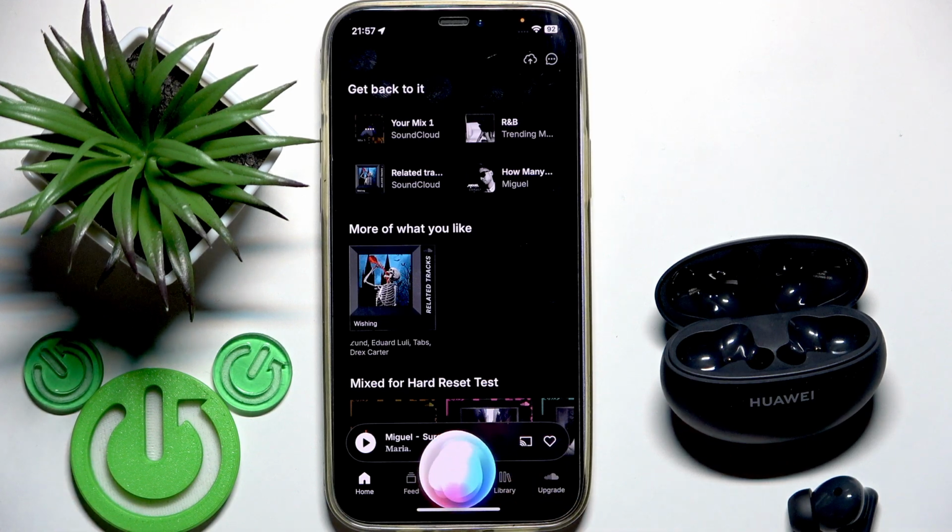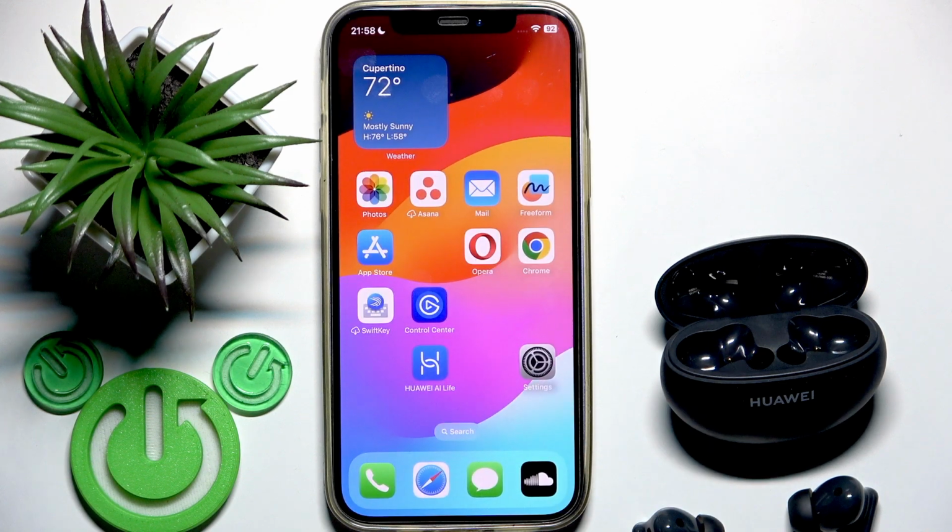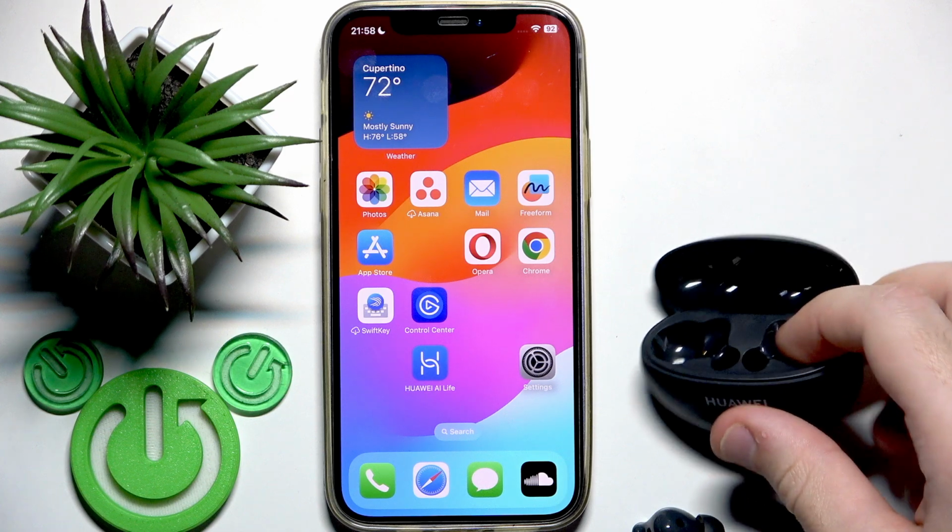As you can see, I wake my voice assistant. I have iPhone, so I call Siri. If you have Android, you will call Google Assistant or Gemini or Bixby. So that's it. Also, we have